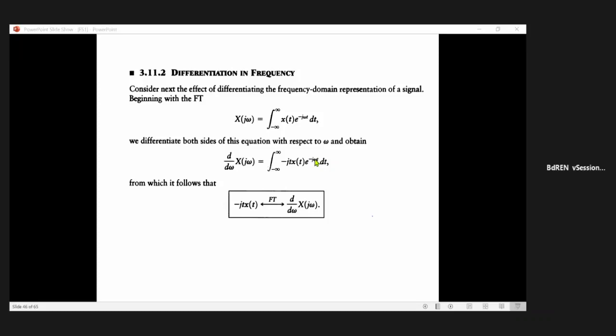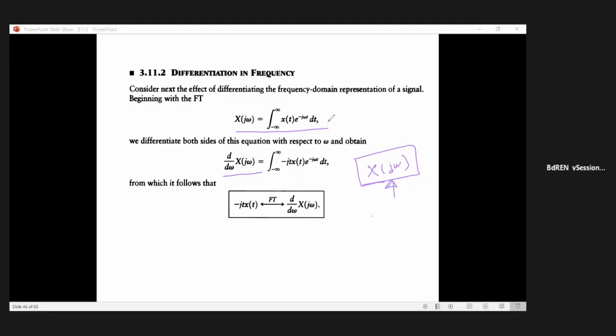So if we have a signal x(t), an aperiodic signal, whose Fourier transform is this, then differentiation in the frequency domain means you have to operate the differentiation or integration on X(j omega). X(j omega) is your frequency domain Fourier transform function of x(t). If we differentiate X(j omega) with respect to omega, because this is a function of omega,